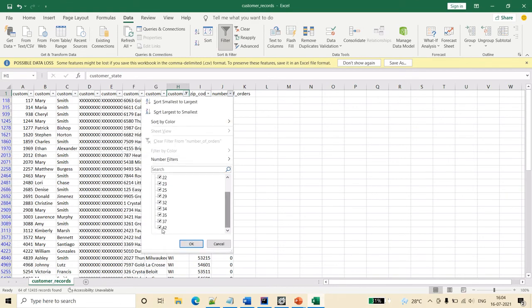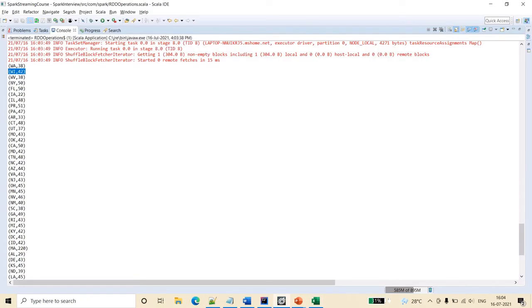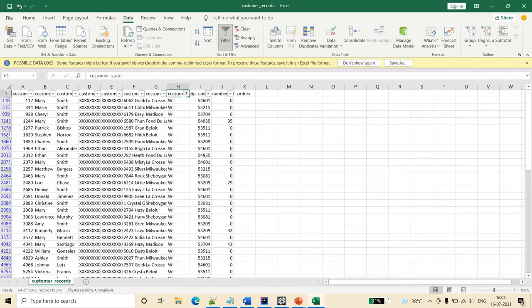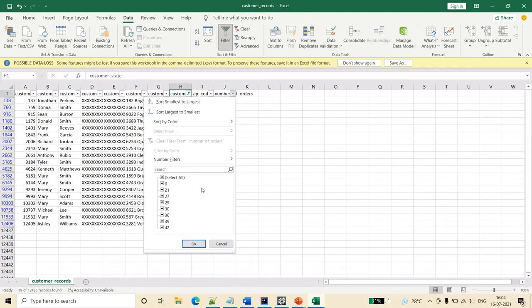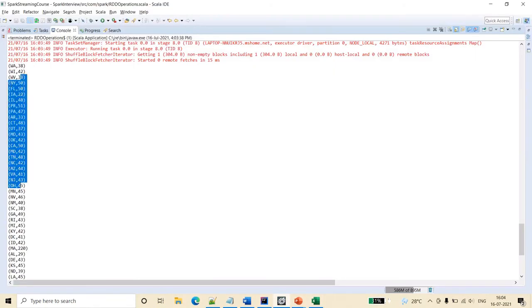See, the last value is 42, and let's say this one, OK, is 42 again. See, the last value is 42, which is the maximum value. So friends, this is how we can do it.